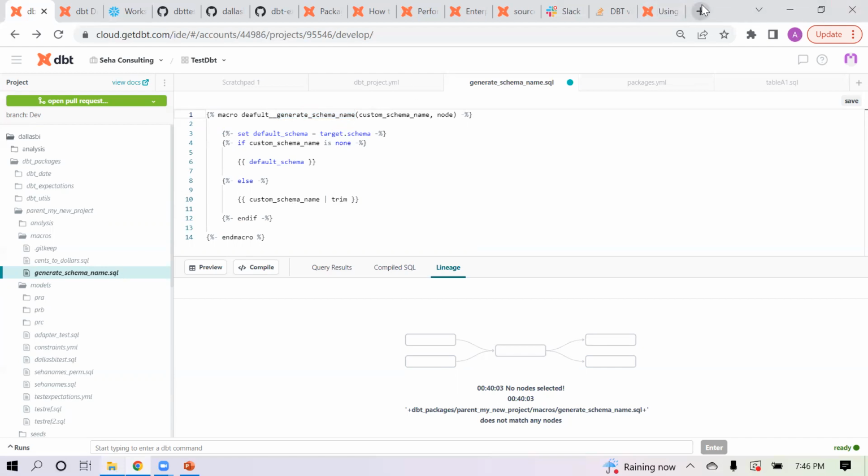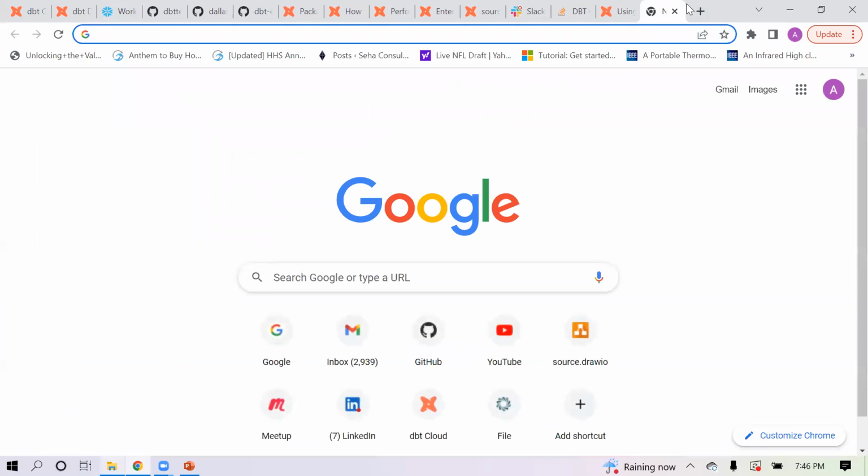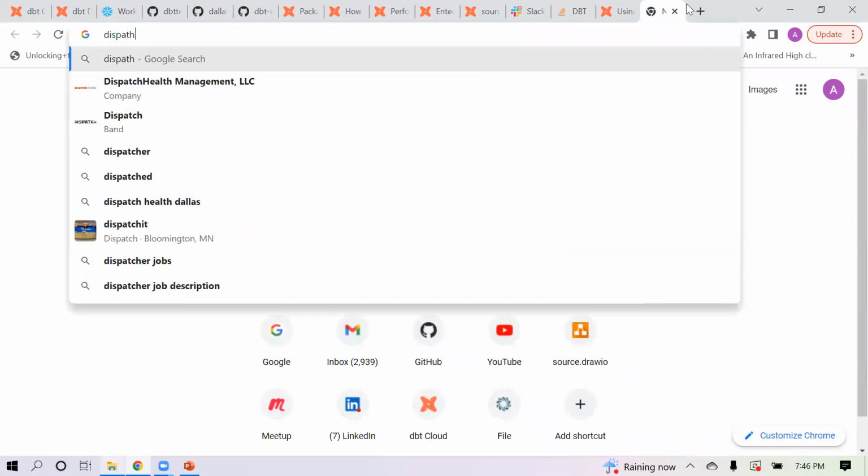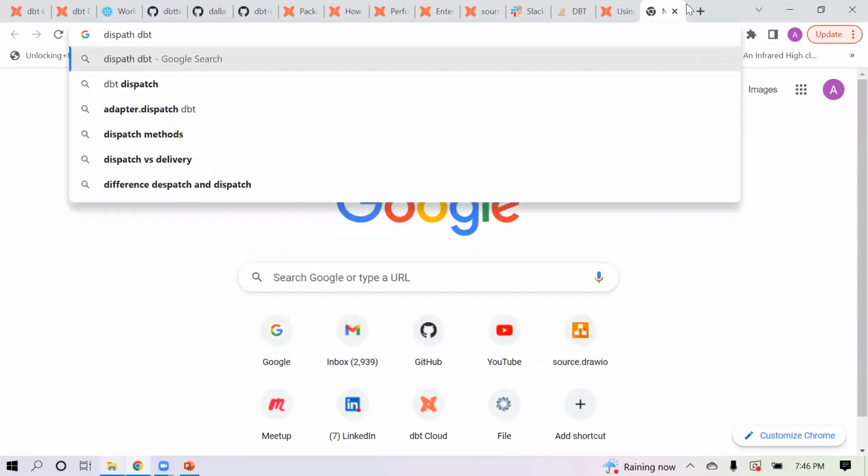And so this default__ tells it that, hey, this is one of the default macros that exists in the dbt namespace. You have to use this version instead. Don't use the default, use this version. And let me go to the dispatch dbt